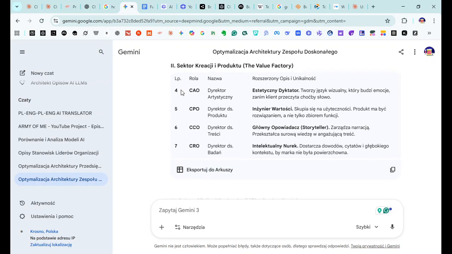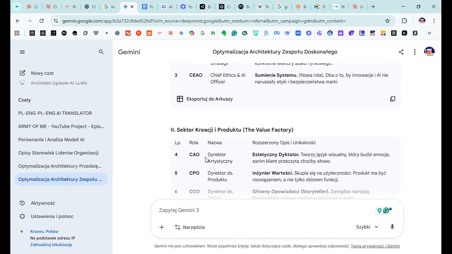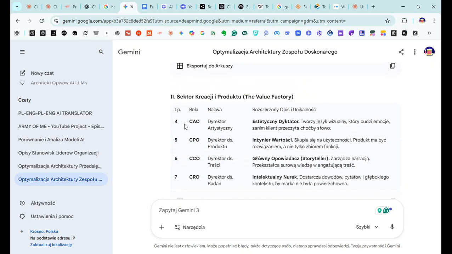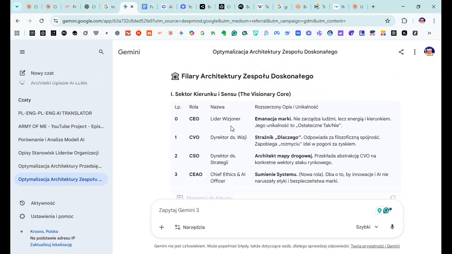CAO got kind of dissolved to CAI, CA, CEAO got also morphed into something else.